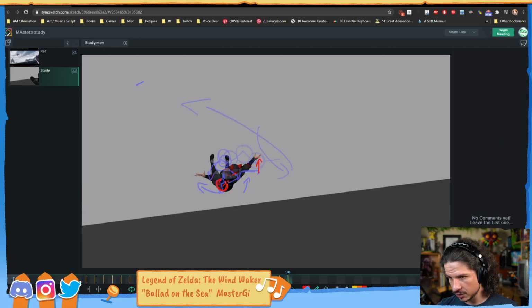Maybe that's a little too much. So we get a little bit more bend in the spine. This arm would start to rotate, but we try to keep the motion as minimal as possible. And then the other arm